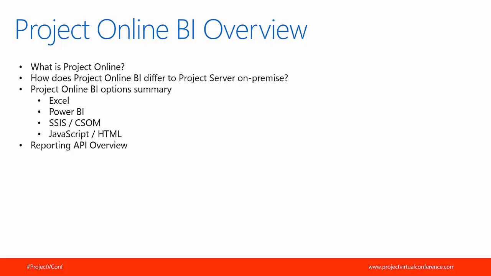So how does Project Online differ to Project Server on-premise in terms of BI and reporting? With Project Server on-premise, if you've got it today, you'll know that you have direct access to the SQL reporting database if your SQL DBAs allow that. That enables you to easily create Excel-based reports or SQL Server Reporting Services reports directly off that reporting schema. Also, you have the OLAP cube, the Analysis Services cube, that then enables you to easily create those pivot tables within Excel. So with Project Online, with it being a cloud offering, you don't get direct access to that SQL